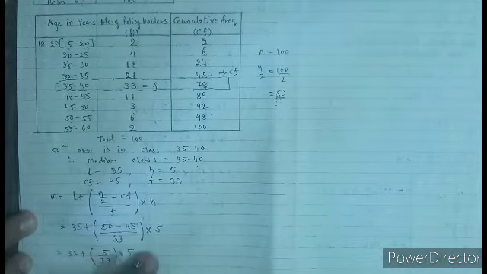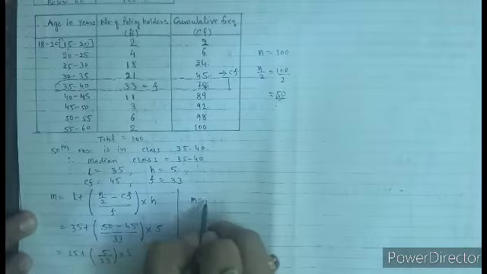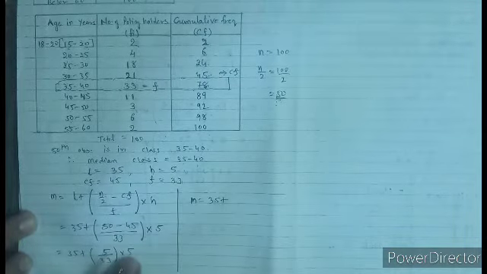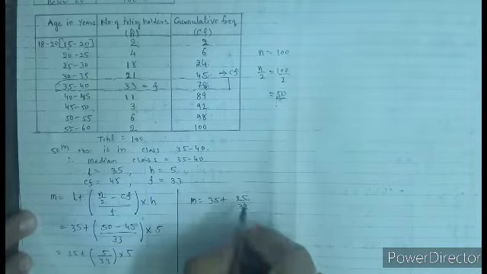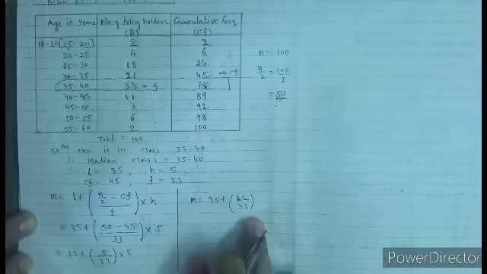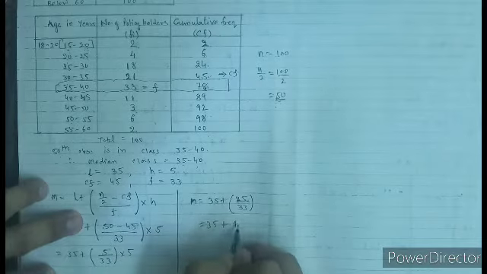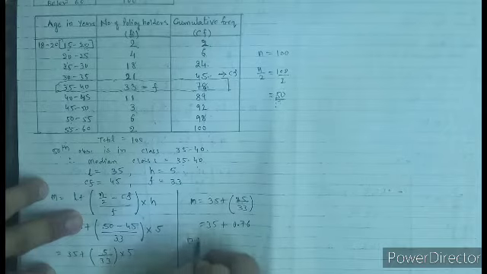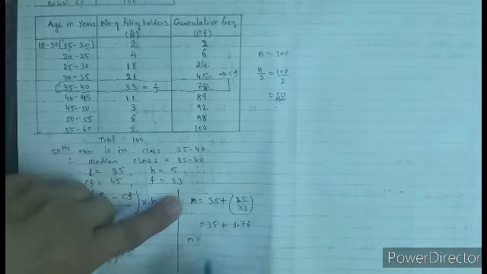Here there is no cancellation possible. So we can write median equals 35 plus 5 multiplied by 5, it is 25, divided by 33. Now here you have to divide 25 by 33. Check what do you get. You will get it as 0.76. Therefore median M equals 35.00 plus 0.76, that is